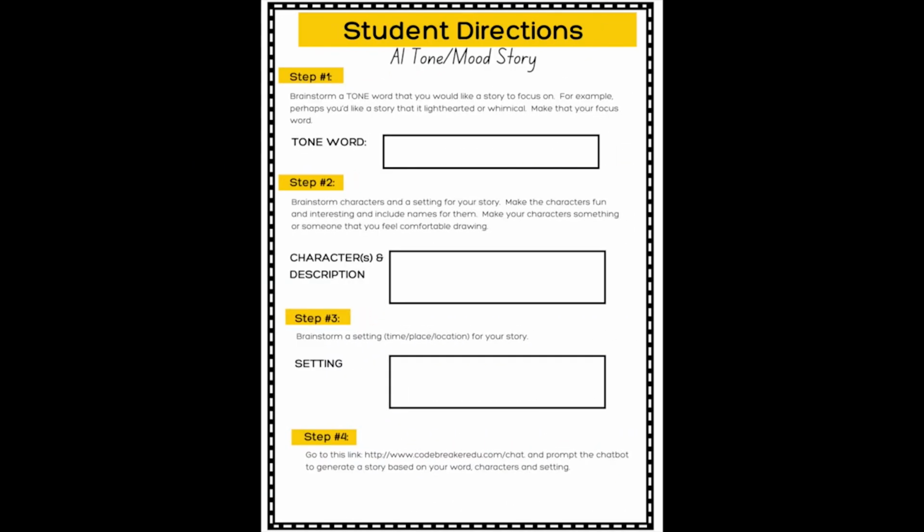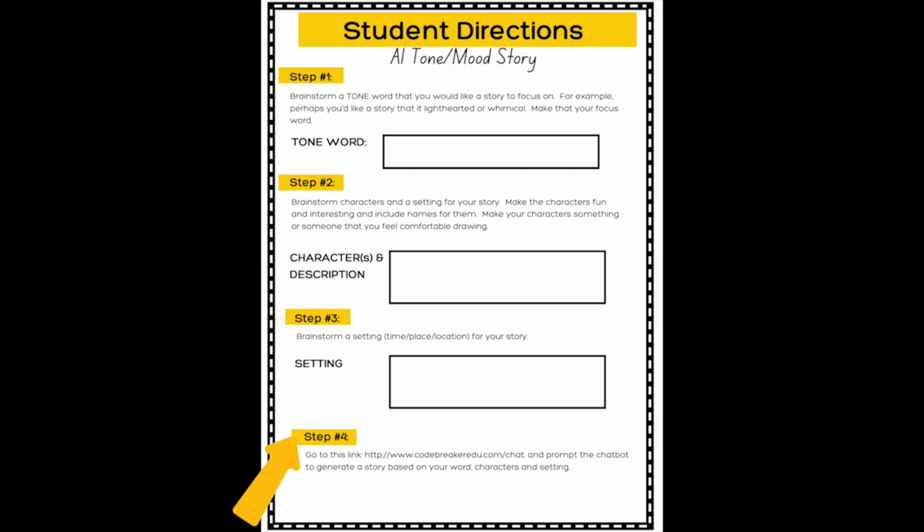Once students have a good general idea of what tone is and means, you can now move on to a set of student directions. For step 1, students need to brainstorm a tone word that they want to hear a story about. Step number 2, they're going to design the characters and come up with descriptions for characters that they want to include in this story. Step number 3 is they're going to establish a setting for the story. And then finally, step number 4 is they are going to access